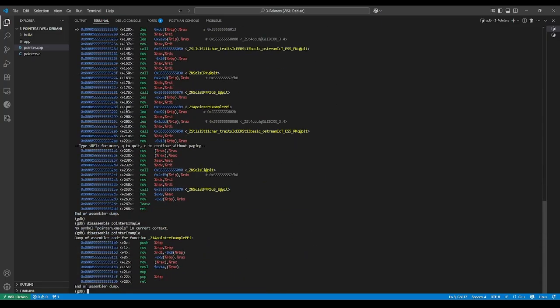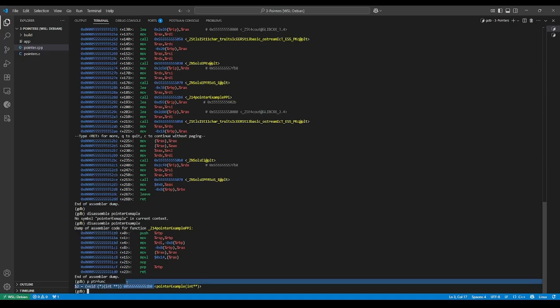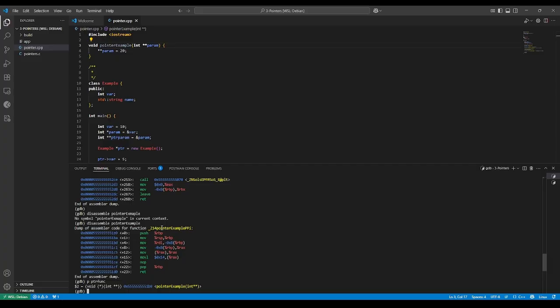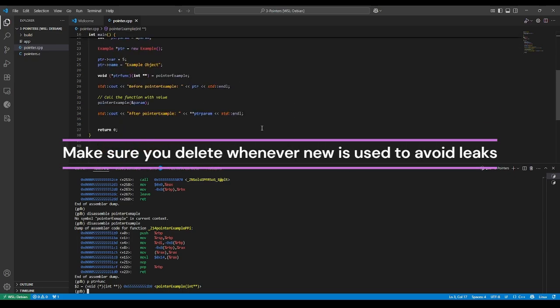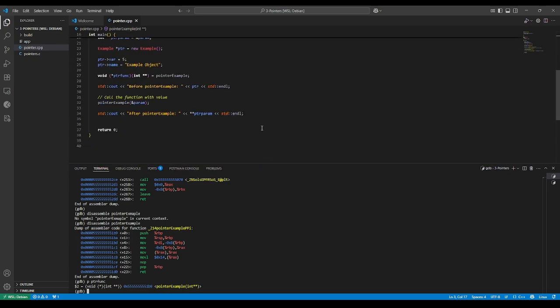Let me just print that pointer again. So print ptr fun. Yes, so you can see that this is the address of the function. It's holding that particular address. So that's how pointers to functions also work. It's similar to how a pointer will hold the address of a variable. So this is like holding the address of the function pointer example. All right, now that will be all for this video. I also do a video on the introduction to classes and then try to explain how